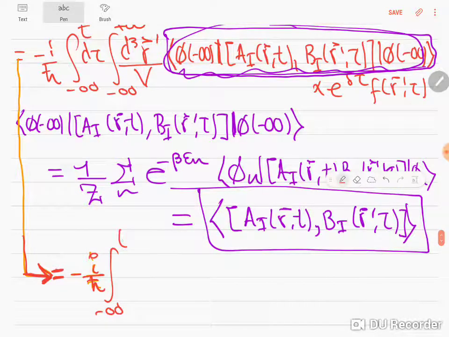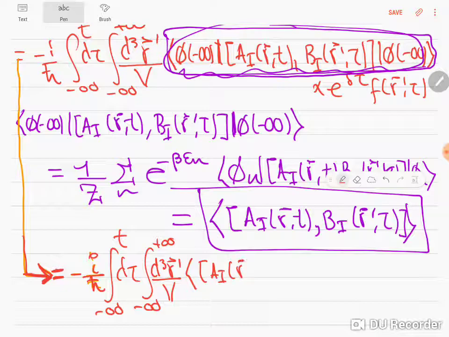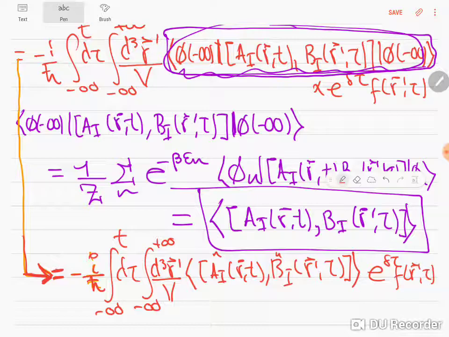Integral from minus infinity to t dτ. Integral from minus infinity to plus infinity d³r′ divided by V. The expectation value of the commutator between the two operators, now this at r′, τ, times e^(δτ) f of r′, τ. So then